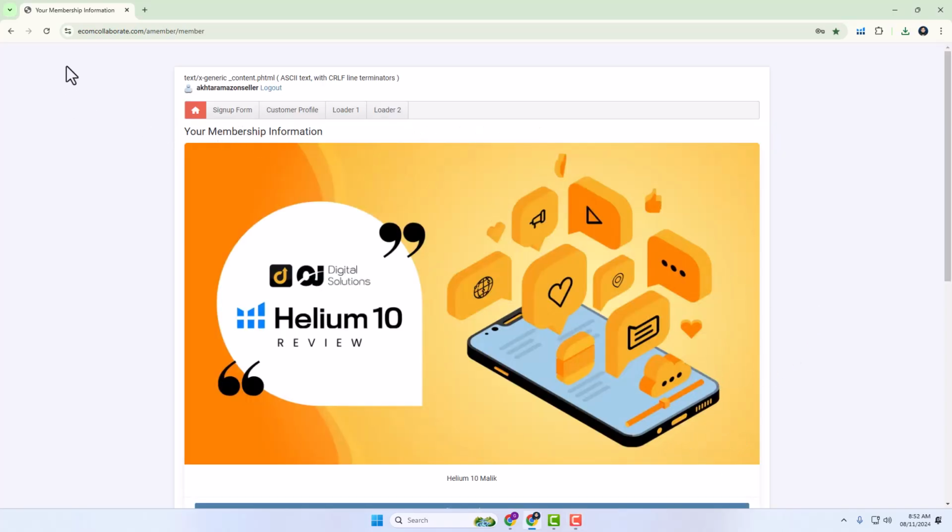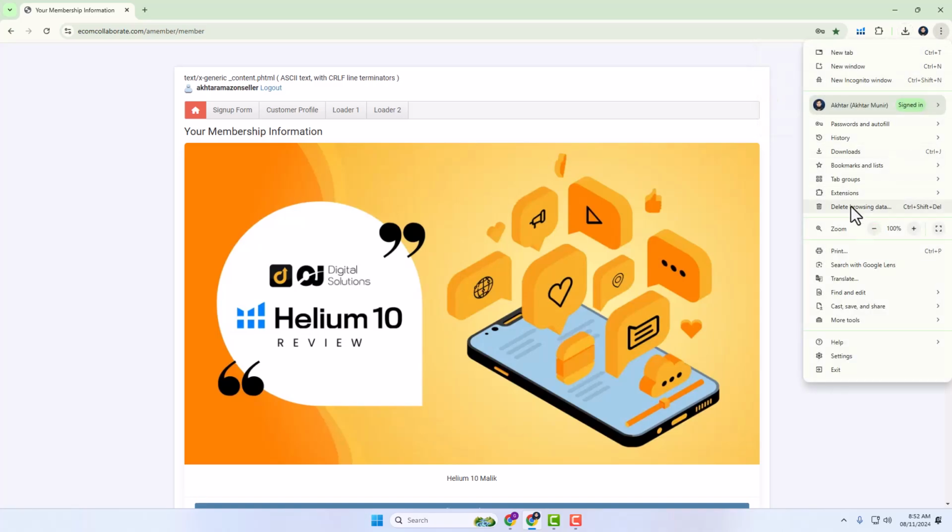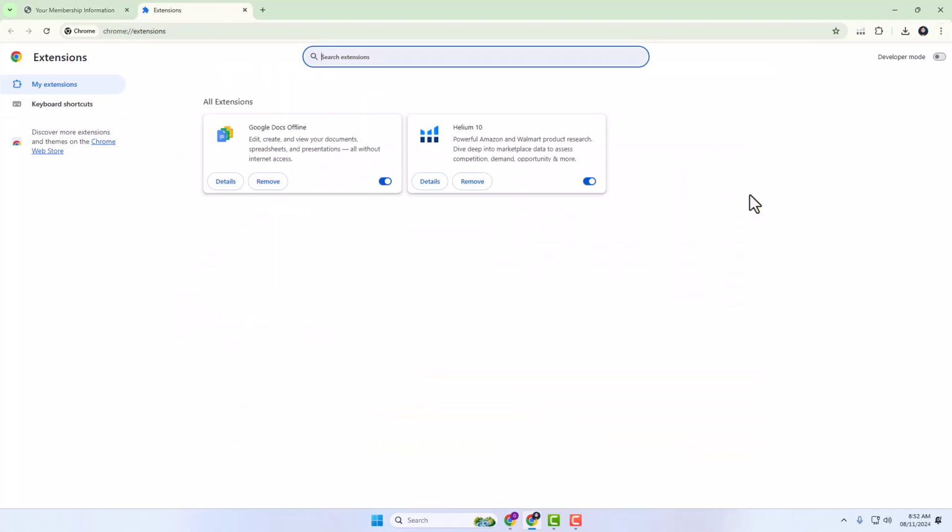Okay, after you log in to your account, you will find loaders, loader 1 and loader 2. You will click on this one and this one, and this will download. After that I will come again to extensions, manage extensions. Here I will open this developer mode.